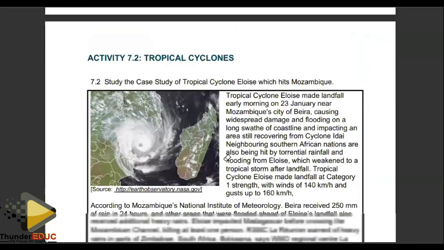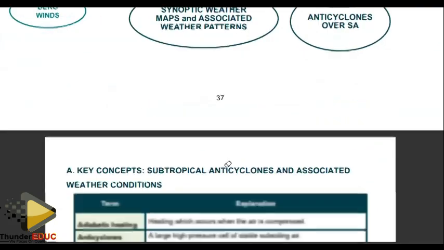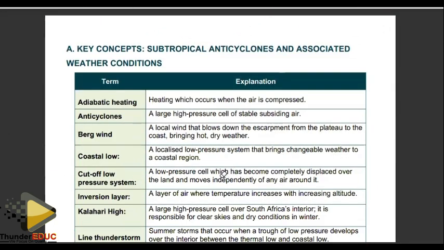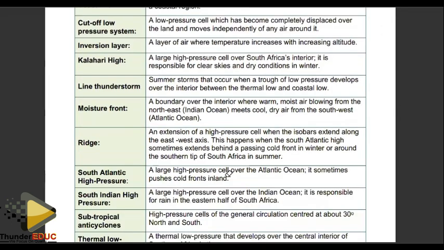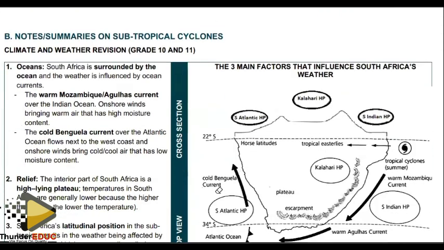Let's move on to the next aspect. This is tropical cyclones. This is typical second aspect of the... We're looking at traveling disturbances. Traveling disturbances associated with winter conditions and with summer conditions. Right. What you call the traveling disturbances, we are looking at typical weather systems that are caused by the existing pressure cells over the subtropical high region. South Africa, we say it is lying predominantly within the subtropical, and that is going to cause different weather conditions over the